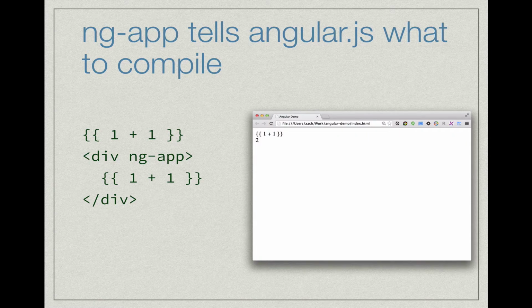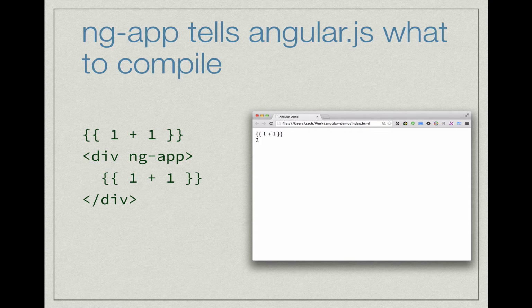it will then parse that HTML tag and all of its children, but not its peers or parents. So to make this more concrete, and I apologize for how small this is, we'll have some videos that are going to be a little bigger than this. You see the Angular is parsing that 1 plus 1 and then displaying 2 because it's inside of ng-app. Everything outside of